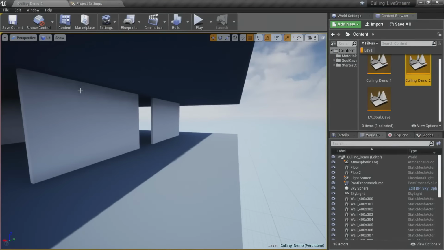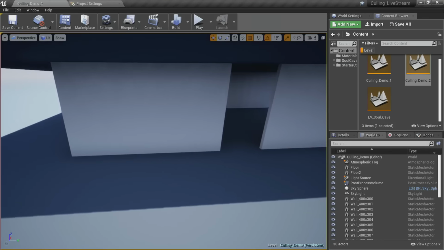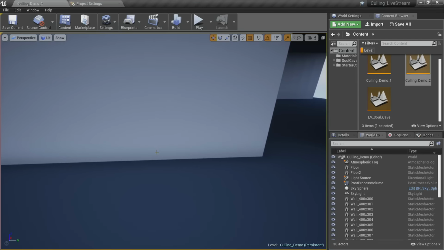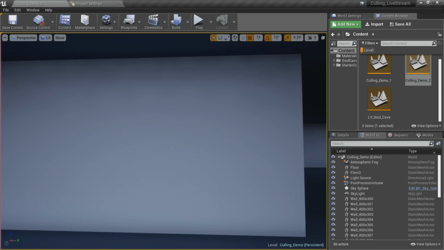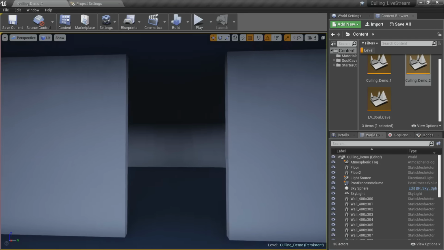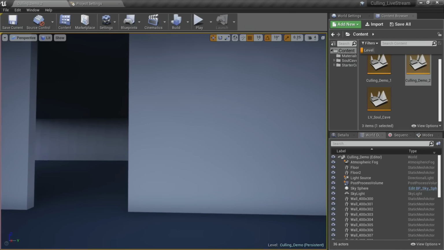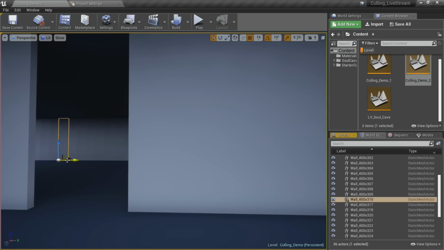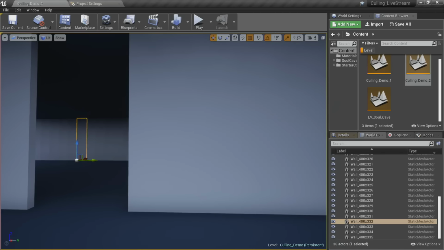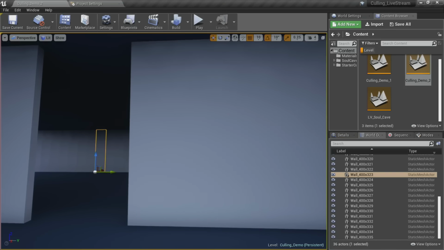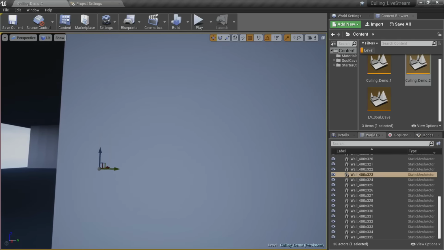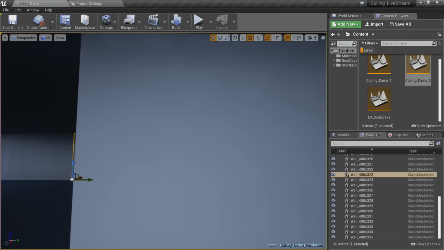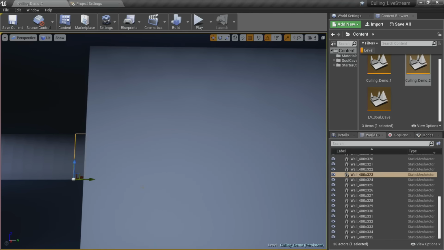Okay, so this last one here, people have brought it up very often, and I just want to show you the effect first, and then I'll explain what's going on. As we move, you can see off in the distance I've got a bunch of little meshes back here, little wall pieces, and this is a statically baked scene, by the way. That's why you get the artifacts on the walls in the back.